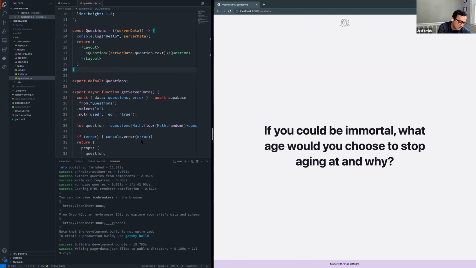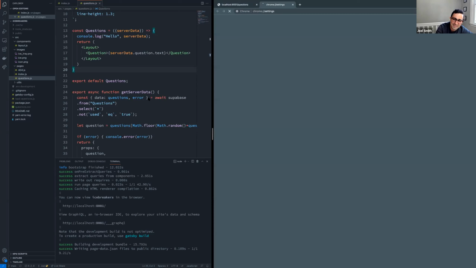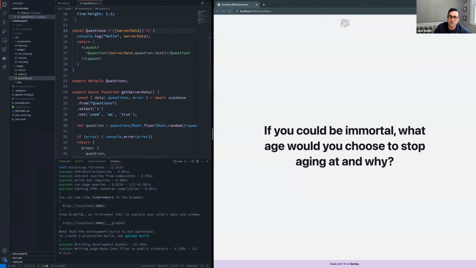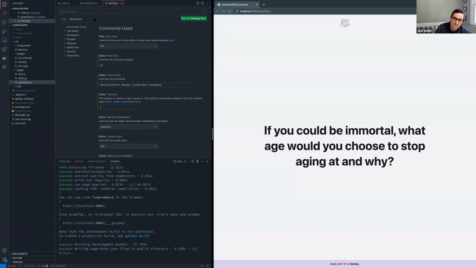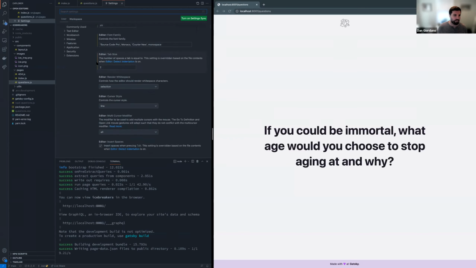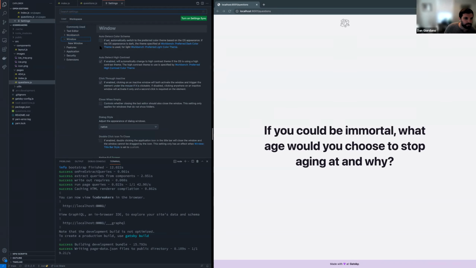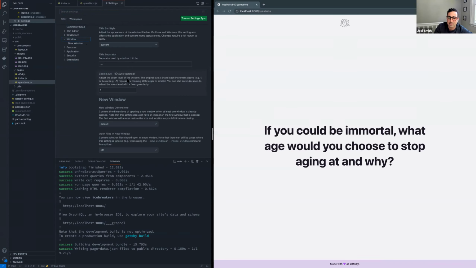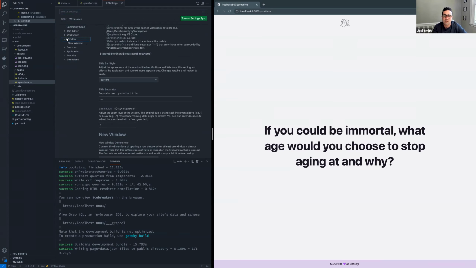What is my VS Code theme? I saw a question there. Honestly, I'm not entirely sure. Let me pull up. Oh, it's the wrong setting there. Make sure I'm in the right window. I'd have to guess here. I think it's like Night Owl or something like that. I don't remember. I'll look it up when I'm not on the call here.